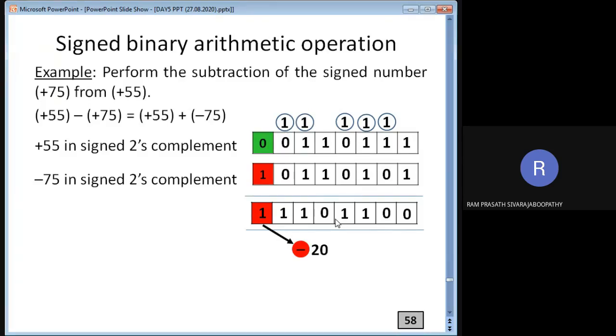Okay. So in class, what all have we seen? Signed 1's complement representation, signed